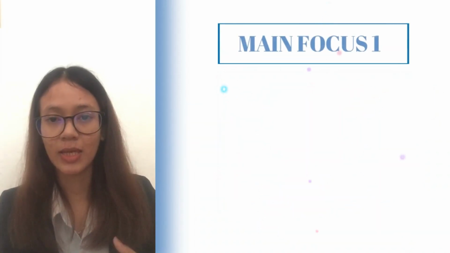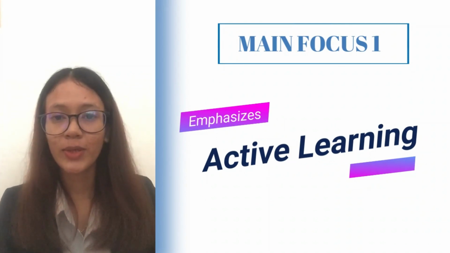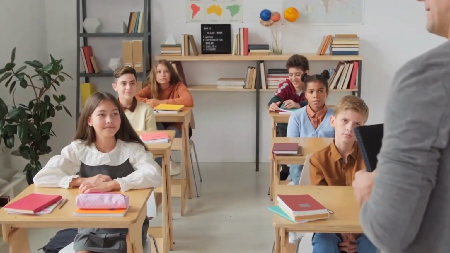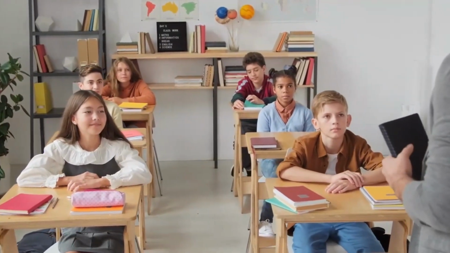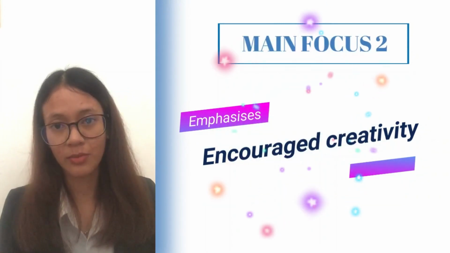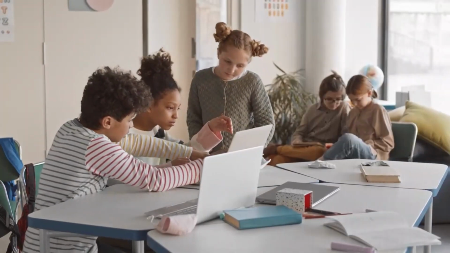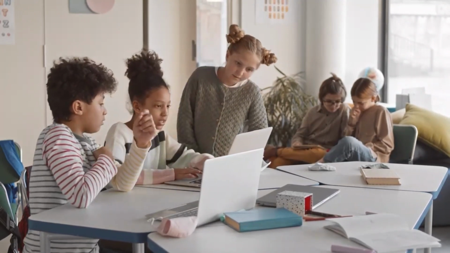First of all, progressivism education emphasizes active learning. So in progressivism education, students are taught to be actively involved in their own learning process. Students are given opportunity to explore more about their own interests as well as new things. On top of that, students are encouraged to use more creativity on their own. Students are encouraged and valued for using their creativity in their own learning process to produce and or to discover new things.